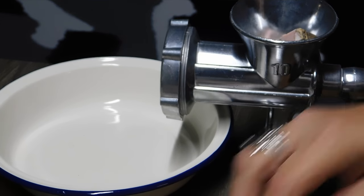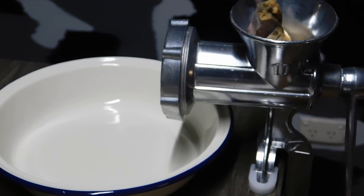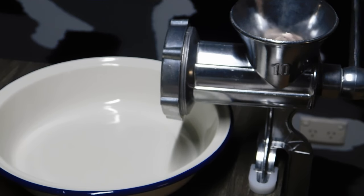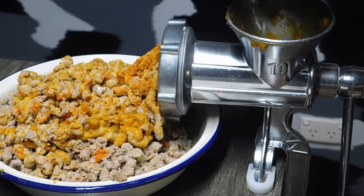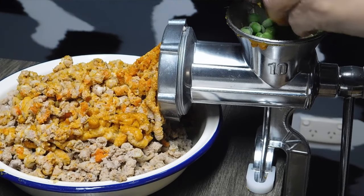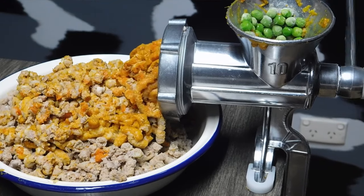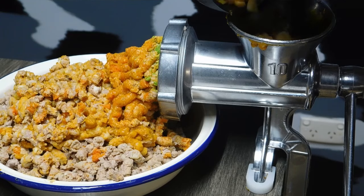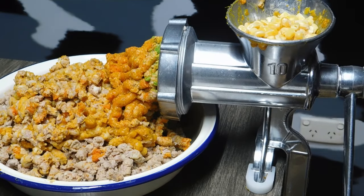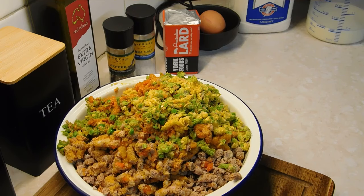Oh my god, mate. Throw some meat in. Which way does it go? Alright, I'll shove a carrot in. Alright, now I'm going to throw all the peas in. And the corn. I can't believe just how much that minced up, and I can't believe how close I am to making Nana's